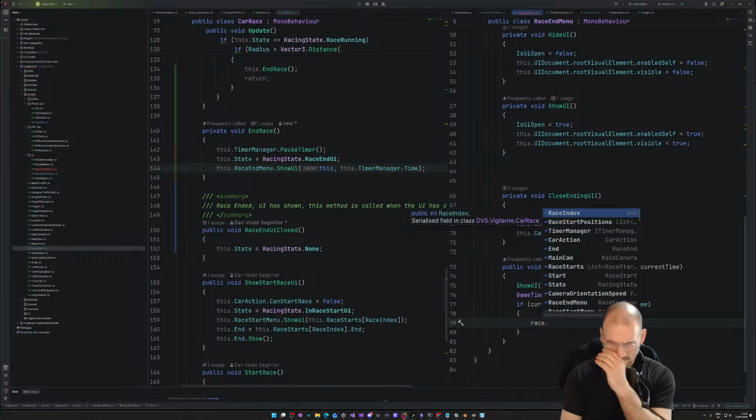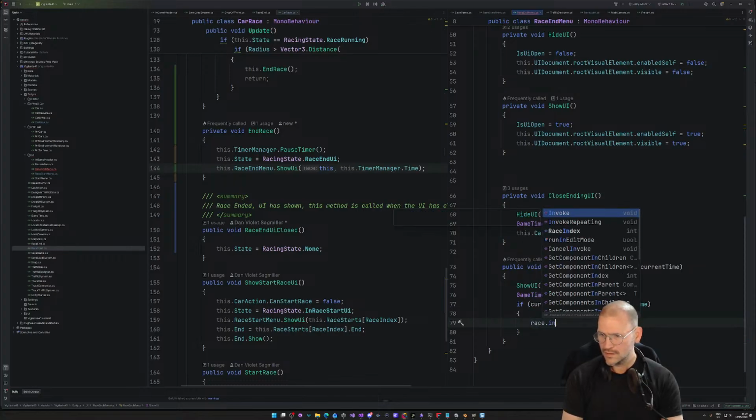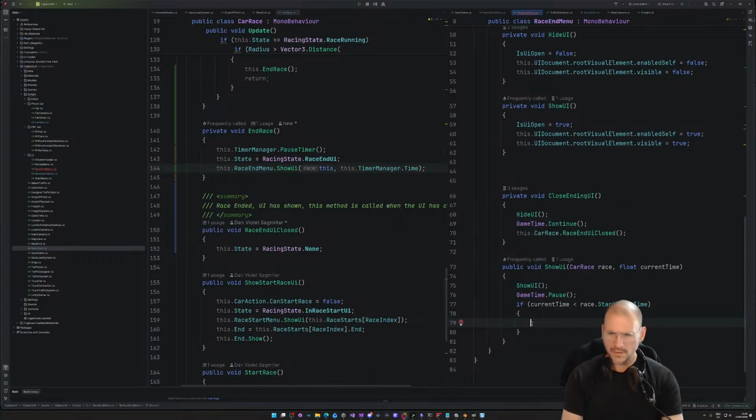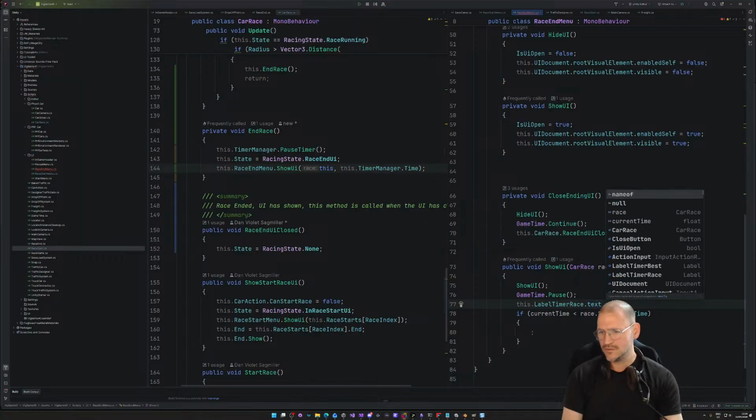Race dot current, race dot index. No. What am I doing here? I'm doing the race dot start dot best time. I want to show the text. So in this case, the best time, I know the current best time and I know the current time. I can always set the current time. So this one is this dot label dot timer race dot text equals, and how do I set the current